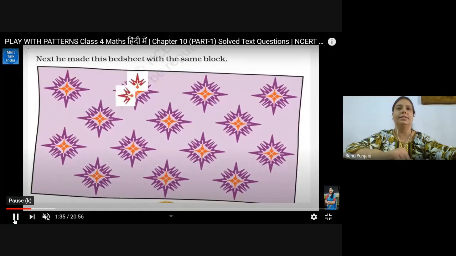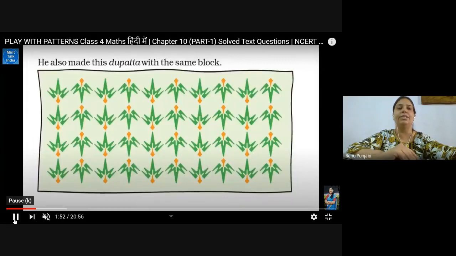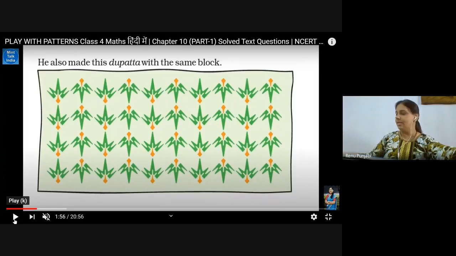You can see here, it is anti-clockwise 1/4, then half a turn anti-clockwise, and then again 3/4 turn anti-clockwise. You can do the same design with clockwise also. That's why we are learning turns with the half a turn, 3/4 turn, and 1/4 turn. Now turn the page, page number 108.